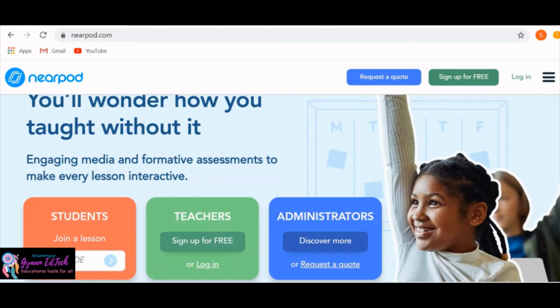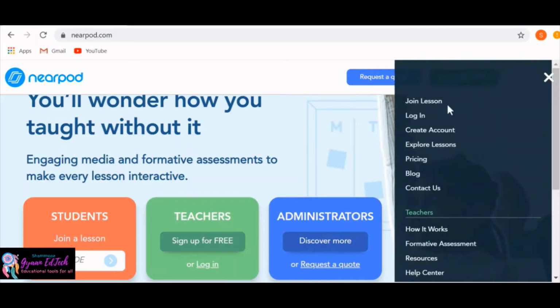And for students, it is not mandatory that they should have an account to join a Nearpod lesson. They can just enter the 5-lettered code shared by their teacher and join the lesson. And here you have a few more options like exploring lessons in Nearpod. If you want to know more about their pricing, you have got an option here.